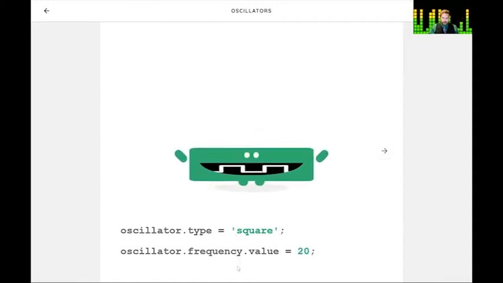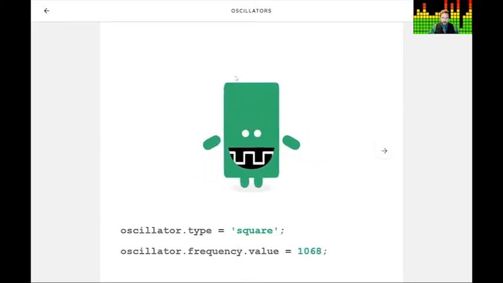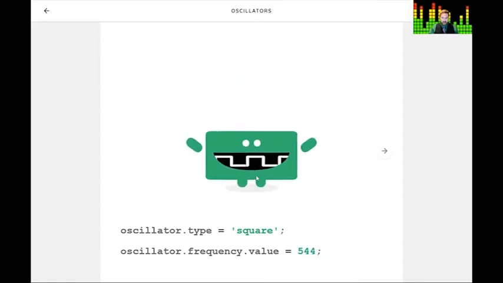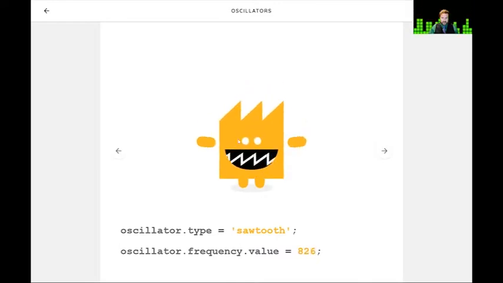Now look what happens when I make the frequency lower. See how it vibrates slower now? Now let's make it a higher frequency. Notice how much faster the wavelength vibrates. Okay, let's take a look at, this is called a sawtooth wave. So again, it's called a sawtooth because of basically the shape of the wave looks like the teeth of a saw. Okay, and then if we make it higher